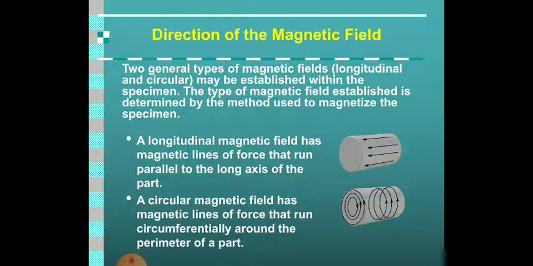These are the two general types of magnetic field, the longitudinal and the circular, that may be established within the specimen, and the type of magnetic field established is determined by the method used to magnetize the specimen. So these are the two techniques, the circular magnetization and the longitudinal magnetization. So what are these magnetic fields that are employed in